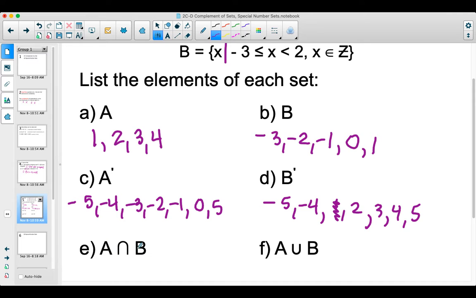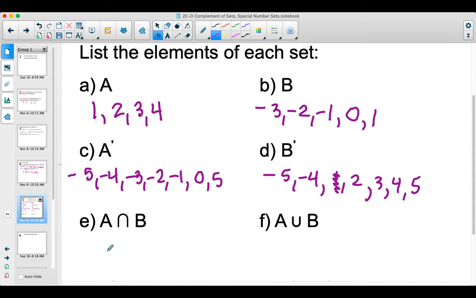So A intersect B, for example. What does A and B have in common? They have 1 in common. So A intersect B is going to be 1. A union B